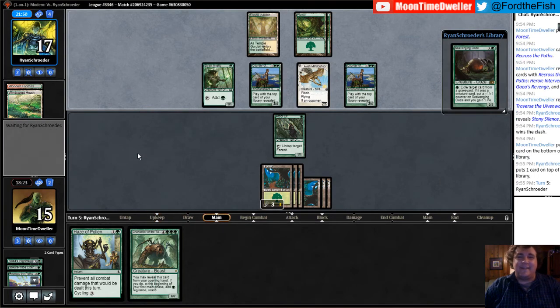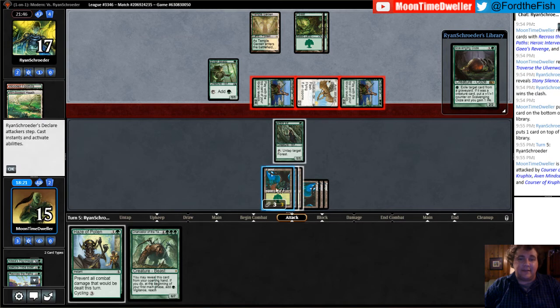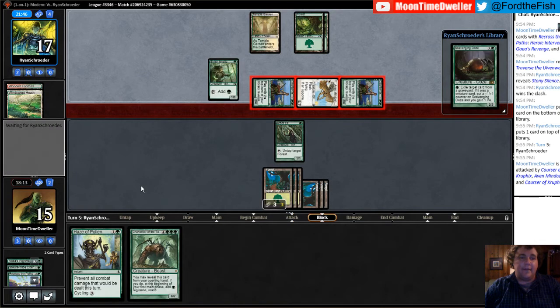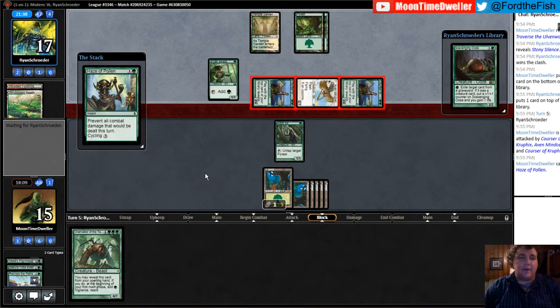That card is so stupid. And if I had gotten it there, I would have been able to cast it again, get the 7th land, and use Haze of Pollen to prevent all this damage. Which I'm actually going to do right now. I'd rather draw a card, but